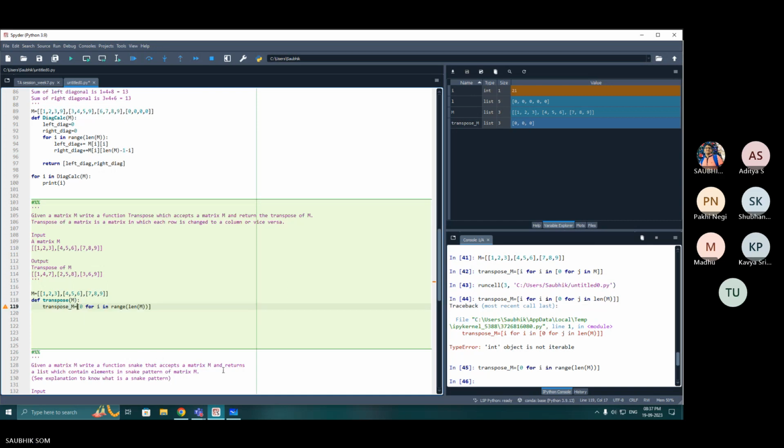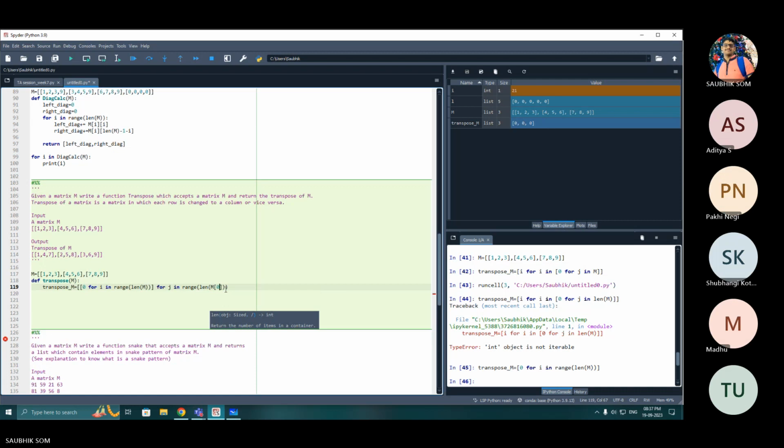A whole this thing I have to put in a matrix. So you have to put this list for j in range of len of m's any element 0, 1, 2. So I'm going 0. If I do it now,